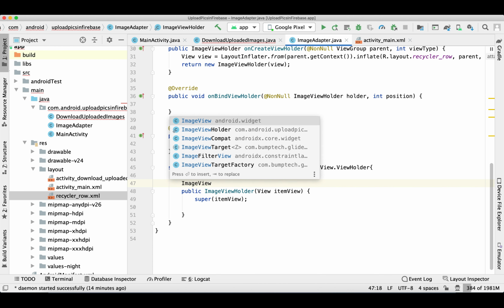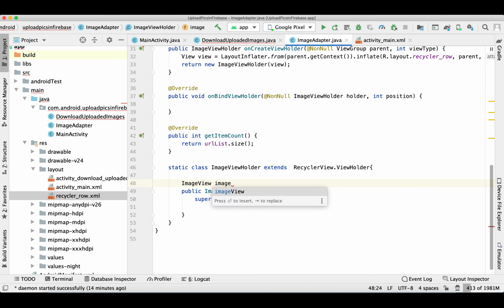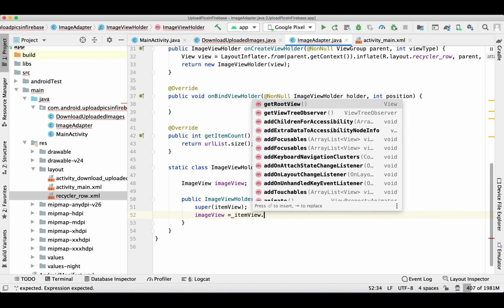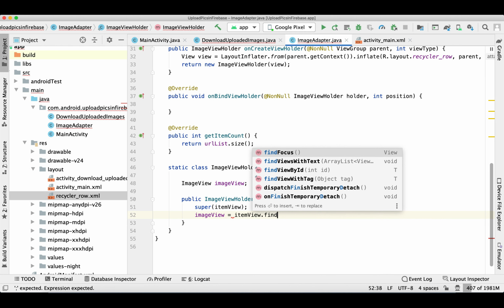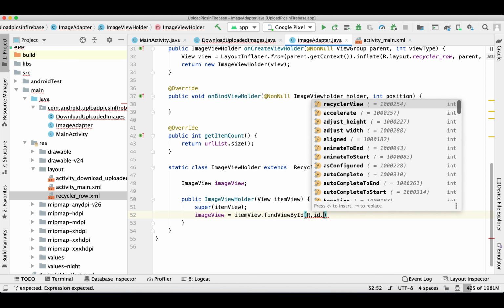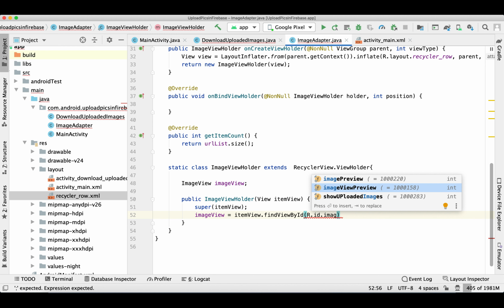Now we'll find our image view from the recycler row layout file. So item view dot find view by ID, and pass the ID name inside our recycler row layout file.